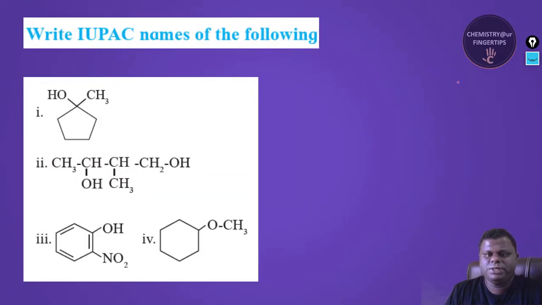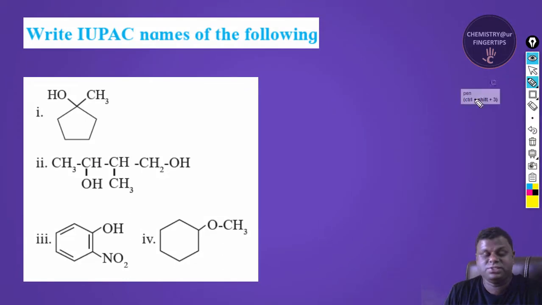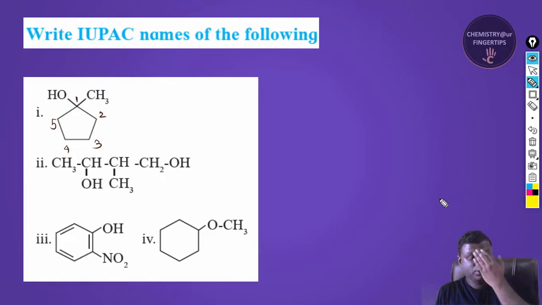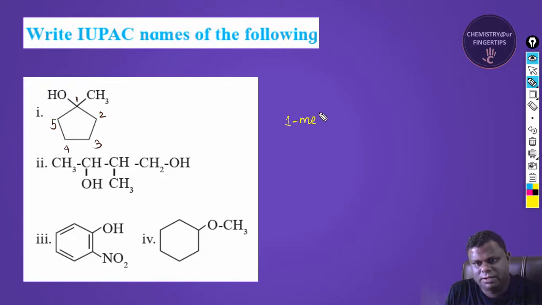Now write down the IUPAC names for the following. Now this is going to be easier because IUPAC names are pretty simple to do. Okay, so let me just write down the numbering. So this is basically the numbering 1, 2, 3, 4, 5. So it's going to be pent. No double bond, that means ane. Cyclopentane. With an OH group, it's going to be cyclopentanol. So 1 methyl, 1 methyl. Okay, cyclopentanol,